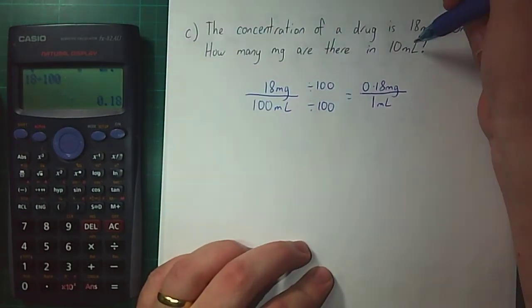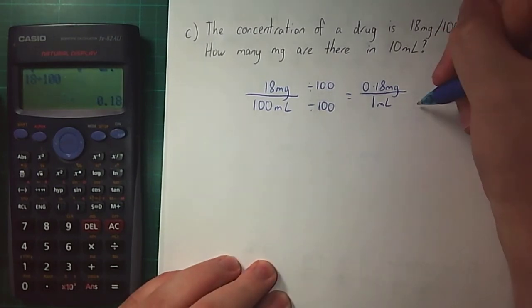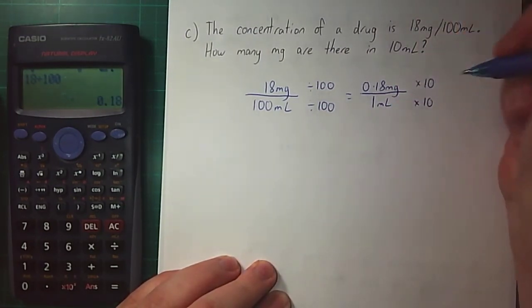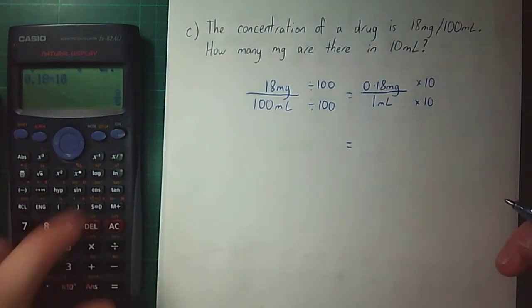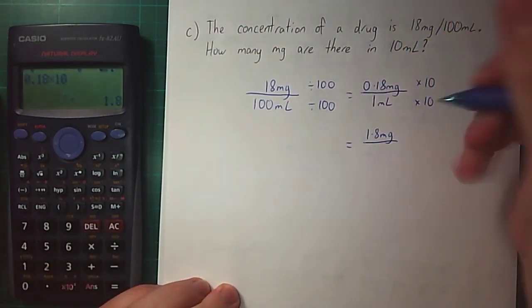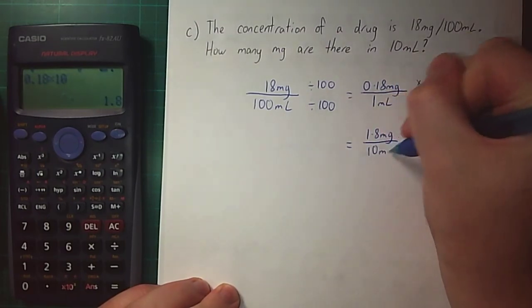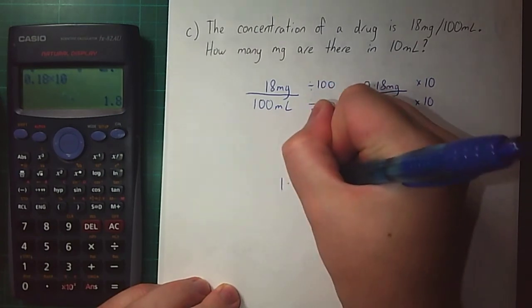But we need to get for every 10 milliliters. So I'm going to times the bottom by 10 to get to the 10 milliliters, and I have to do the same to the top. So 0.18 times 10 will give us, changing it to decimal, 1.8 milligrams over, well, 1 times 10 is 10 milliliters. So there's our answer there. We have 1.8 milligrams